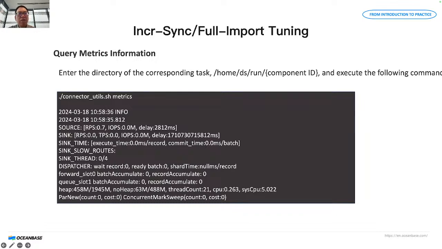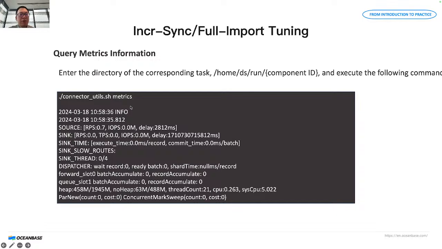Next, I will give you a brief overview of how to tune the OMS tasks. If you find that an OMS task is running slowly or has higher latency, here is how to find the issue. There are several commands that can help. First, you can view metrics information by navigating to the task directory and executing this command,